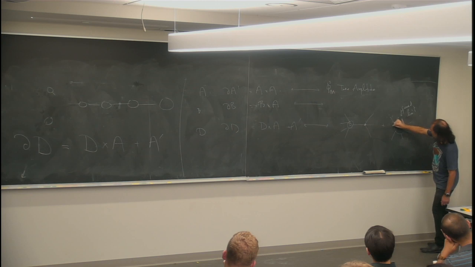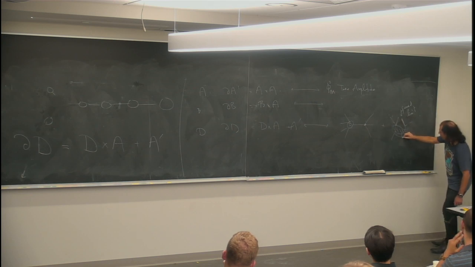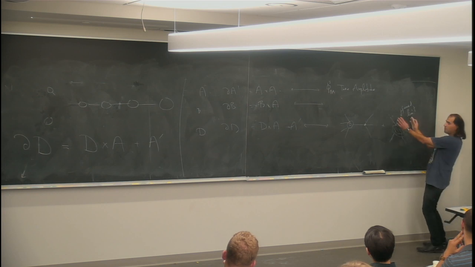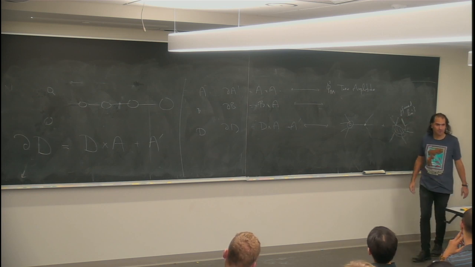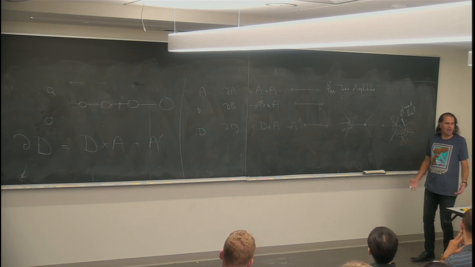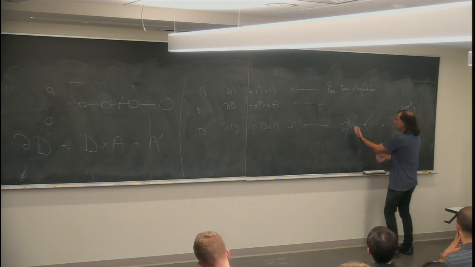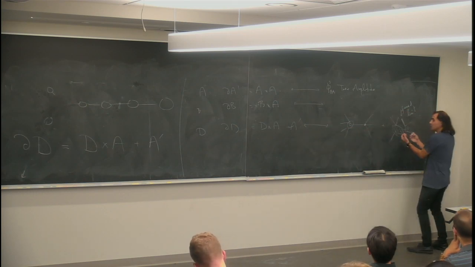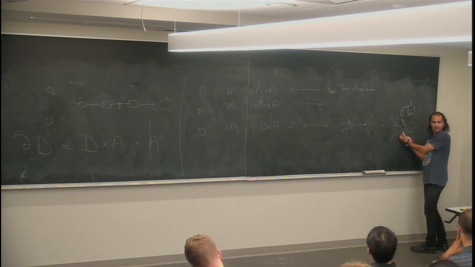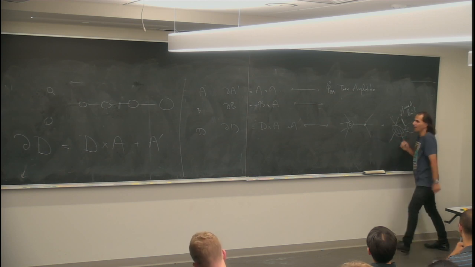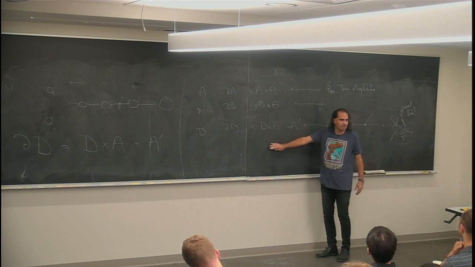So the rest of this down here is a tree, but when I take some internal line and I put it on shell, I get two more particles and a tree amplitude. So that's the kind of factorization you have to have at one loop. You have to have something that factorizes into itself times tree, as well as just a tree, but with two more particles. Okay? And that is on the nose what you get from these pictures.